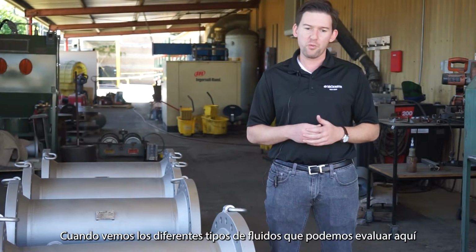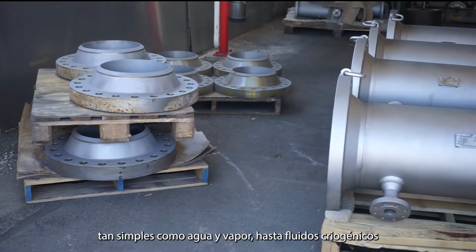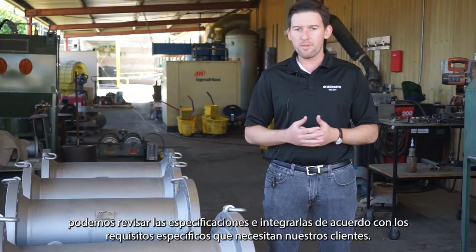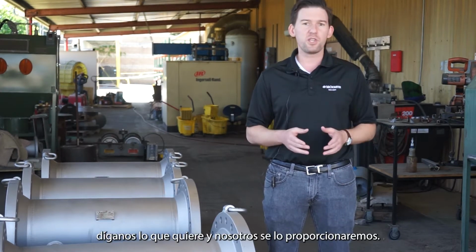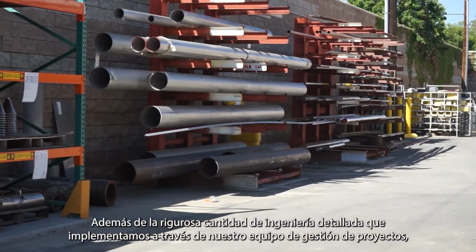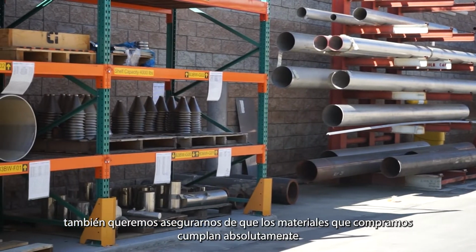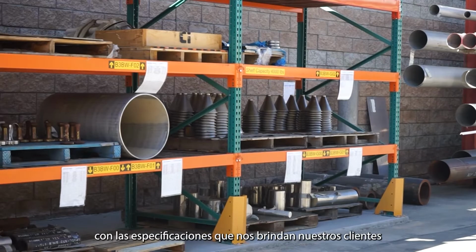When we look at the different types of fluids that we're able to evaluate here, as simple as water and steam, all the way to cryogenic fluids, we're able to review specs, integrate them according to these specific requirements that our customers need. You tell us what you want, and we're going to be able to provide it to you. In addition to the rigorous amount of detailed engineering that we put in through our project management team, we also want to ensure that the materials that we're buying are in absolute accordance with the specs that our customers are